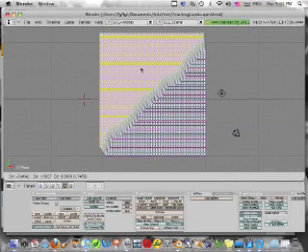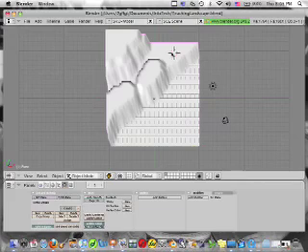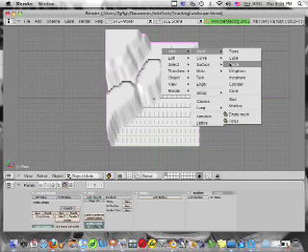Now I clicked A to deselect, and then it wouldn't hurt to add in other cliffs and so on, which will just add to the general appearance. I'm just going to start adding the meshes and editing them to look like the lighthouse. Now I just started with a basic cylinder,